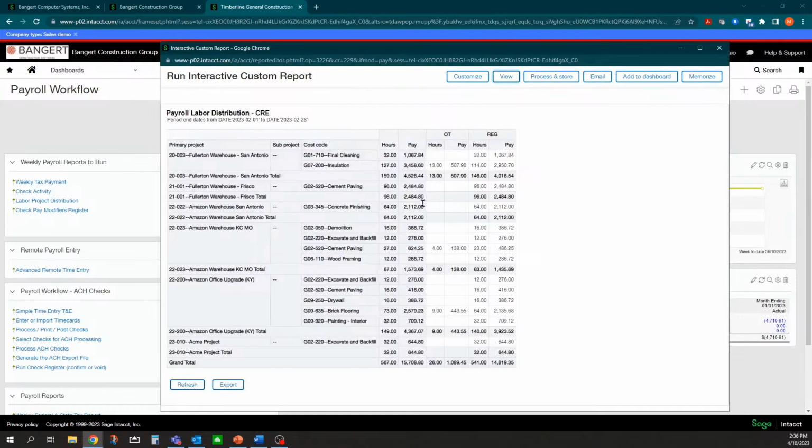And now this is a summary one. This is summarizing it up in total. You can get a more detailed one if you wanted to in the system. This one happens to be a summary one by project, by cost code, how many hours, and this is just based on the earnings. You can also get one with the burden on there as well. But this is just an hours recap by job, by project, and there you go.